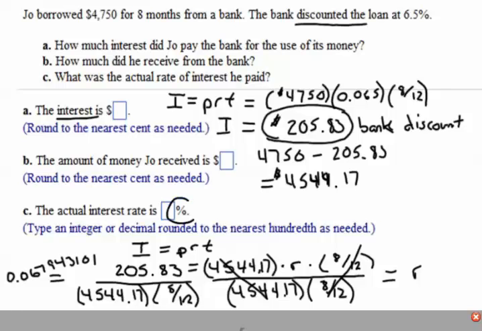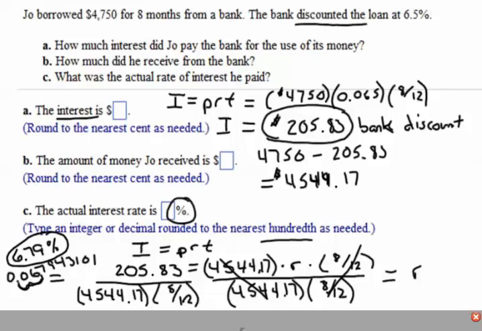Now we have to express this as a percentage, and when we write it as a percentage, we want to round it to the nearest hundredth. So this is a decimal right now, so to convert it to a percent, we times it by 100%. So times it by 100, which will move the decimal point over 2 places. So that's 6.79%,